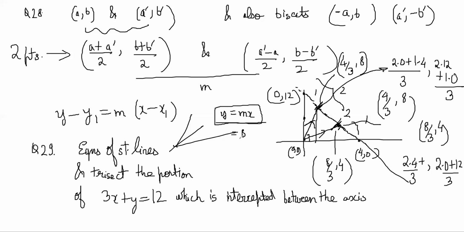So this is 8, 4 by 3x. So this becomes 6x. y is equal to 6x is this line. And 4 by 8 by 3 is the slope. So 3 by 2. y is equal to 3 by 2x is the other line. Understand? Okay. Tell me if there are any other problems.